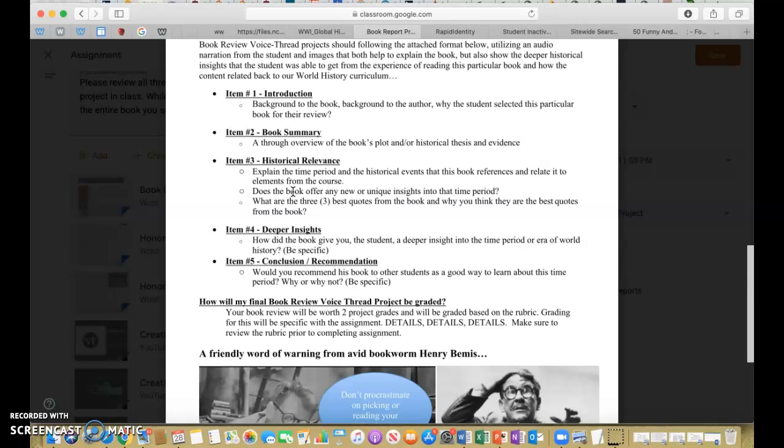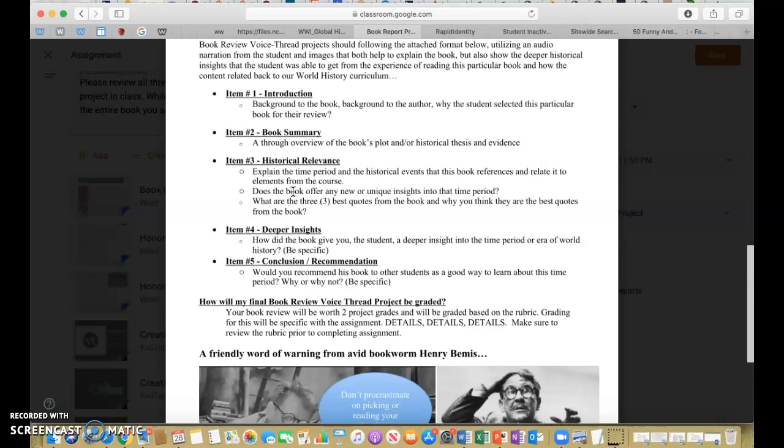Number 4, deeper insights. How does it give you a better understanding of world history, of that particular event, of the thing that was taking place during that time? Deeper insights, the historical relevance and the deeper insight, that's your meat for this project. That's where you want to spend the majority of your time. And then finally, you're going to give a